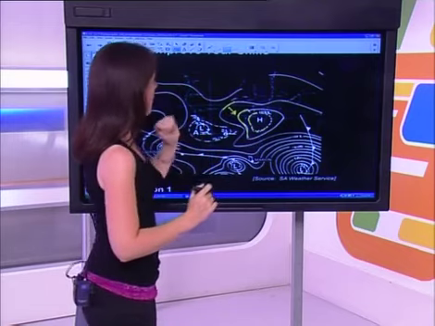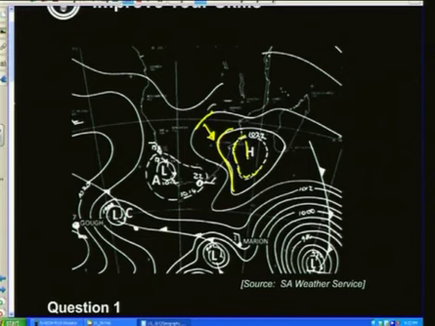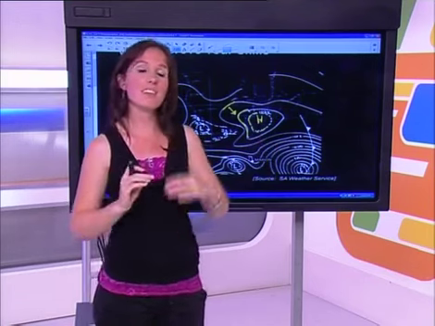A couple of features I want to get into before we look at the questions. We are dealing with a winter scenario now. This high pressure here, you should know the name of it. That is the South Indian high pressure. On the western side, we would usually have a high pressure here, and that would be called the South Atlantic high pressure. Remember that another word for high pressure is an anticyclone, so South Atlantic anticyclone or South Indian anticyclone are fine as well.